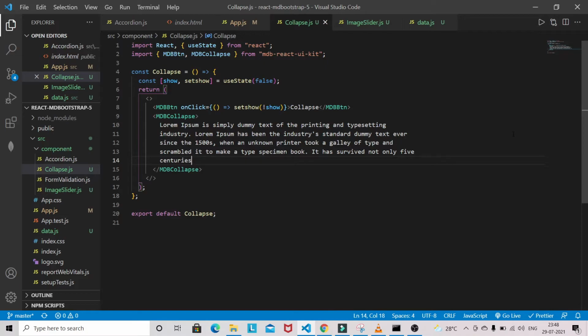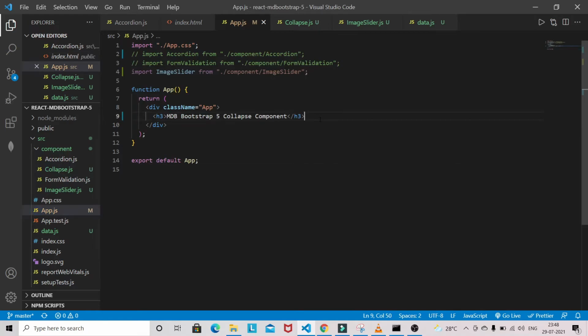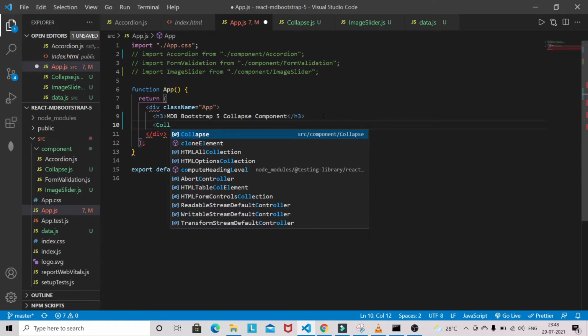Now we are done with this collapse component, and let's go to the app.js file. Here we can comment this one, no need, and we can bring this collapse component here. VS Code automatically suggests that component.